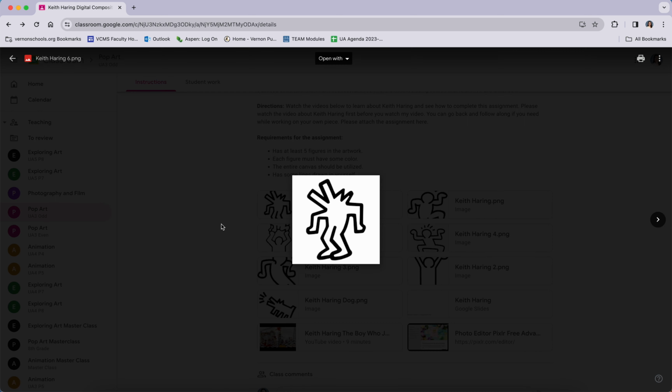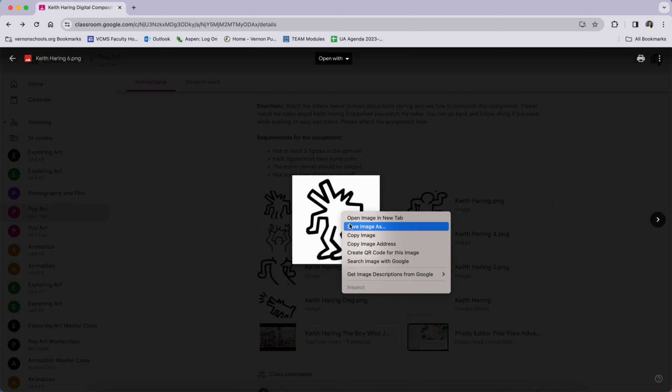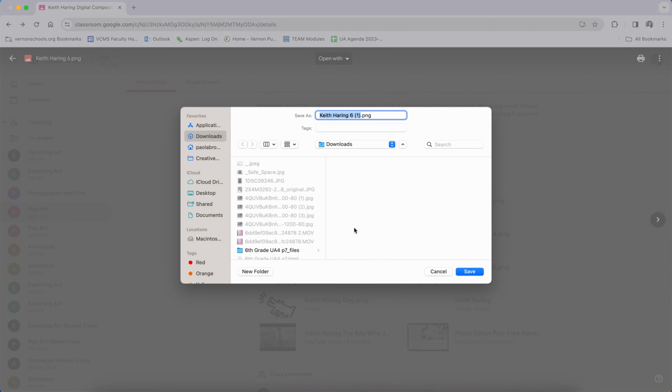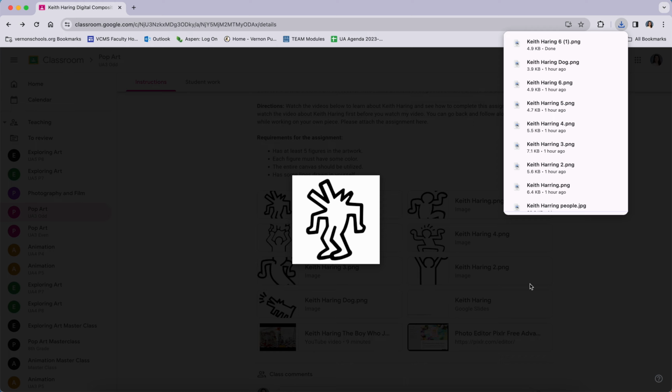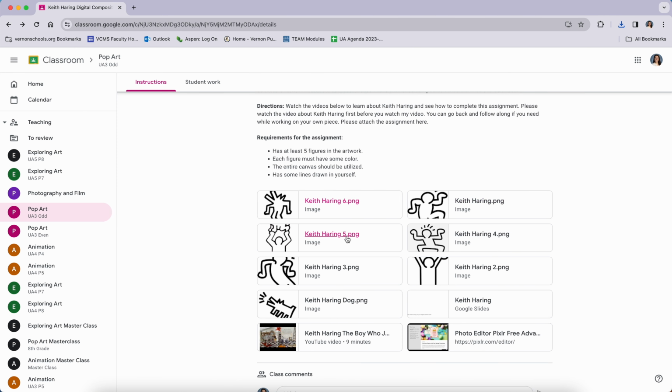First thing you're going to do is open up the pictures, right-click the pictures, and press Save Image As. When you do this, make sure you're pressing Save. It's going to look a little bit different on your end because I'm using a MacBook computer, but we have done things like this in 7th and 6th grade, so the same idea of what we did then. And you're going to save those images. You're going to save each one of these, and then when you're done with that, you're going to go to